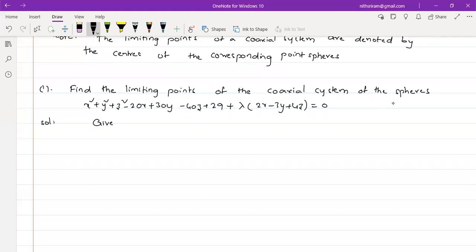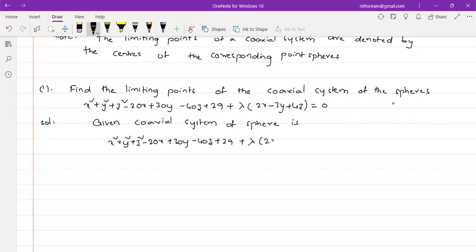First we have to write the given coaxial system. The given coaxial system of spheres is, just write what we have been given: x square plus y square plus z square minus 20x plus 30y minus 40z plus 29 plus lambda into (2x minus 3y plus 4z) is equal to 0. This is the given coaxial system, and we have to rewrite this equation as